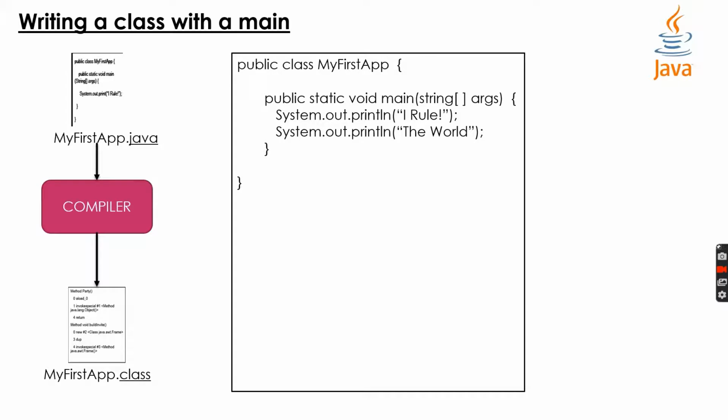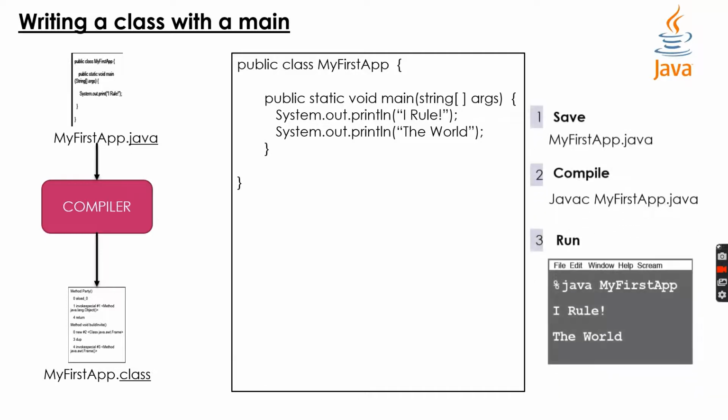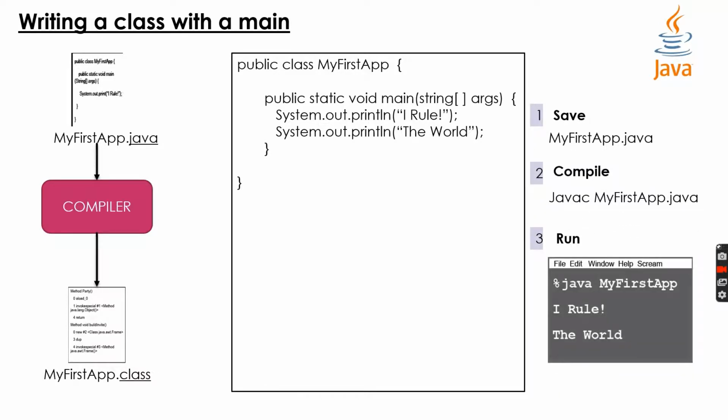So here the MyFirstApp.java file is compiled into MyFirstApp.class. When you run your program, you're really running a class. Running a program means telling the Java virtual machine to load the MyFirstApp class, then start executing its main method. Keep running it